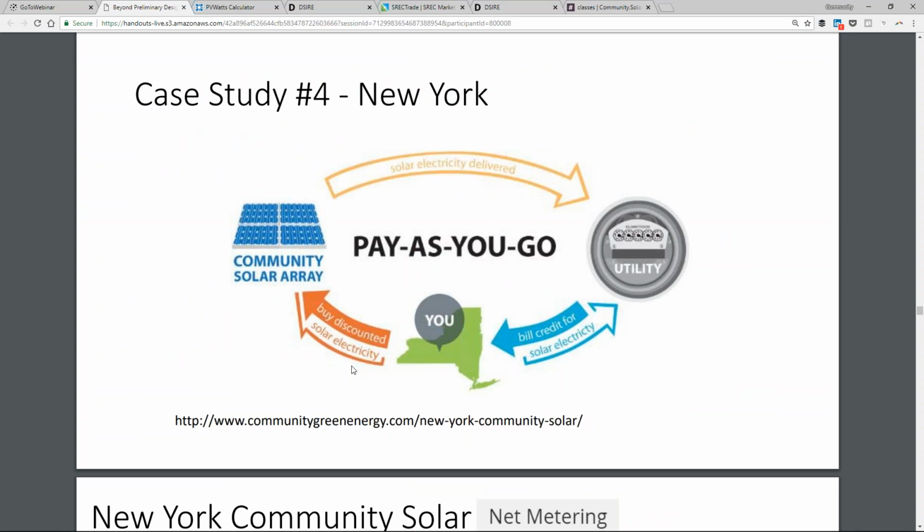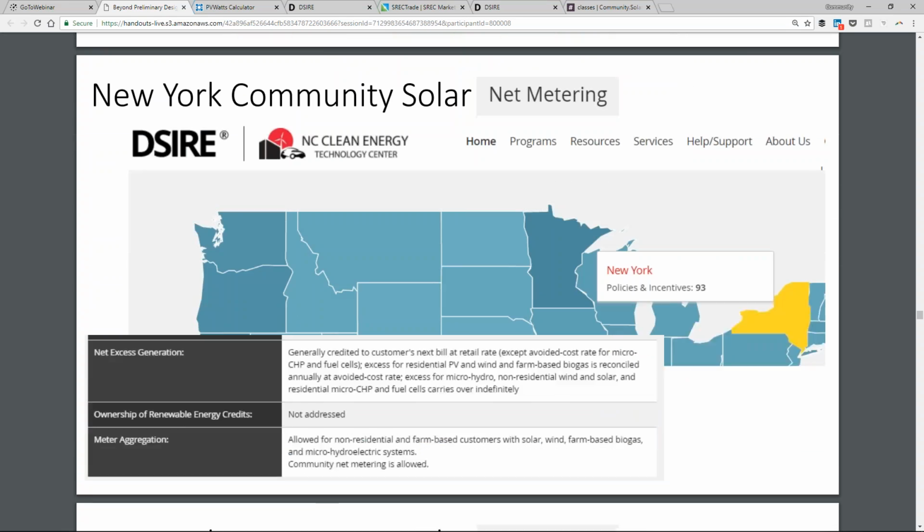I'm going to quickly talk through a couple of other structures of community solar. This last one that we saw was called pay as you go, which basically means there's an electric rate that you're going to get for participating in the program. And what we saw in Minnesota's case is that the rate was higher than the average price of electricity. Now in New York,